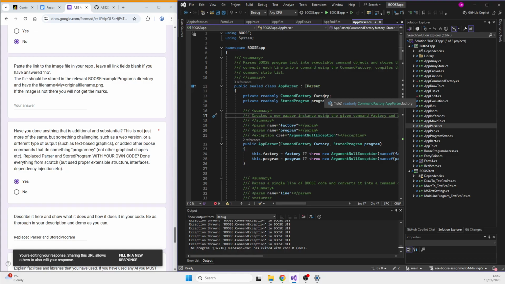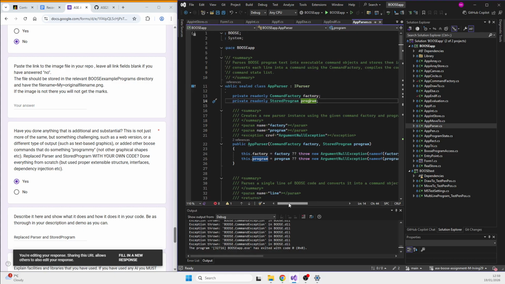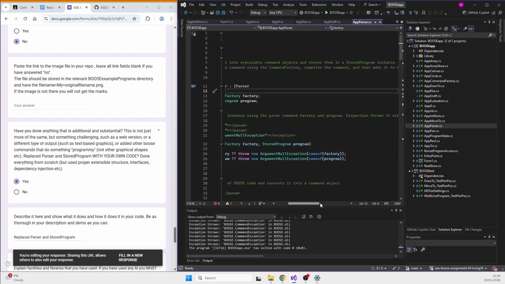Right. So it implements the BOOSE iParser, obviously, and then uses the command factory and the stored program. So its job is to just read it line by line and convert it into commands using the command factory.